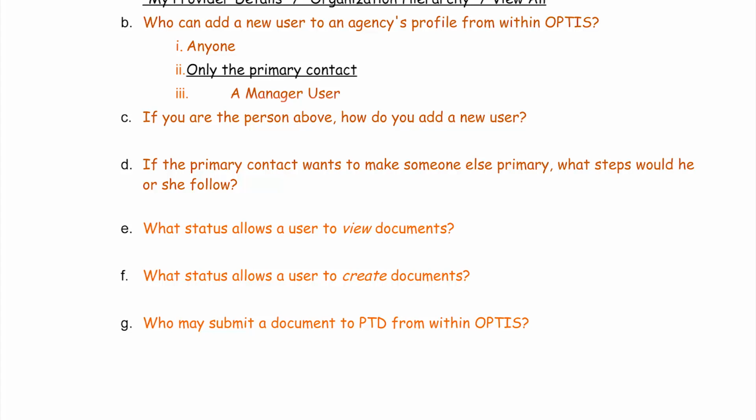Okay, so you would either have them self-register. You're right. They can self-register, or the primary contact can go in to provider registration and register them. Exactly. And you click on users, and then there's that add a new user button. So if you are the primary contact and you want to add someone, you go to users, click on users again, and then add a user. Or you can have the person self-register and then you just accept them.